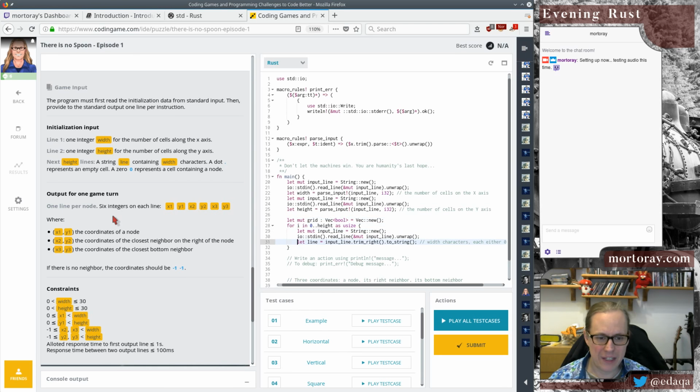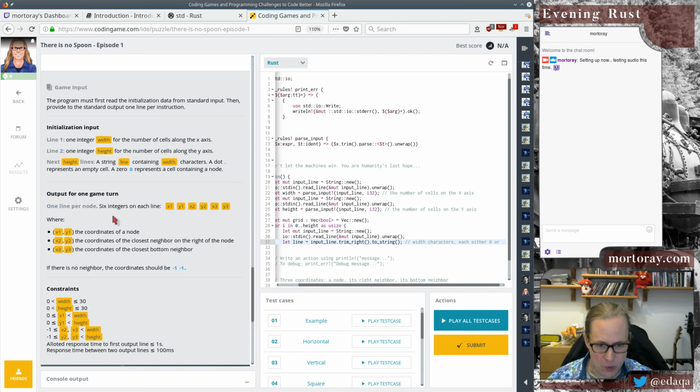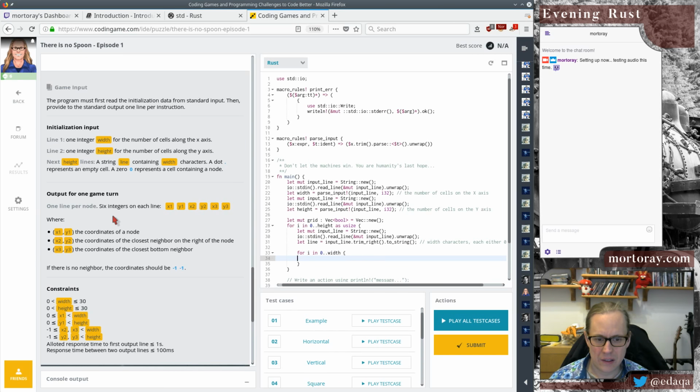In any case, so we have this line. We're going to assume it's valid. And so we're going to do for i in 0..width, and we're going to put something on the grid. We're going to put grid